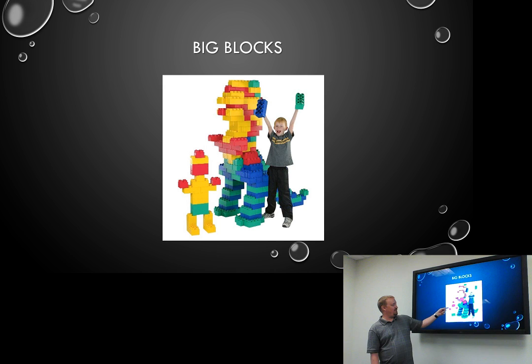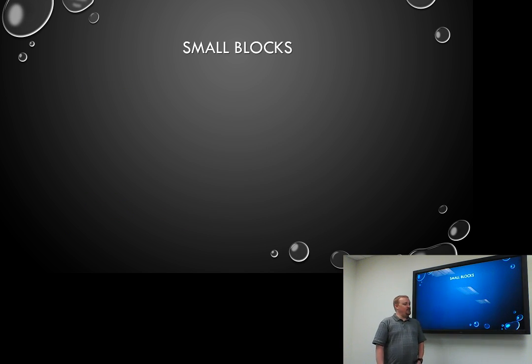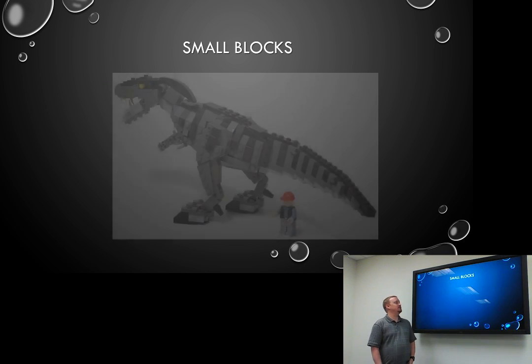Okay, so we know that's a dinosaur. What about this thing? A chicken? Maybe. We don't really know. We have no idea what that is. It could be a man, could be a chicken, I don't know what it is. Okay, but if we use small blocks,